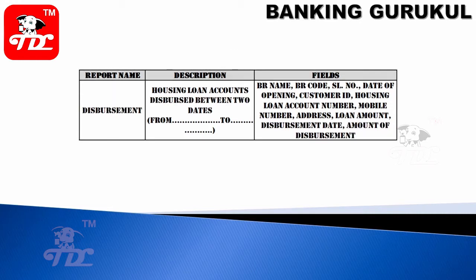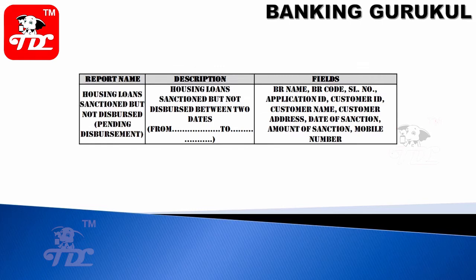Next is the disbursement amount report. Same as before, you can generate it for a bank or a branch on selected dates, with a from date and to date. The loan amount and the disbursement amount will be different, because sometimes you will have multi-tranche loans. The sanction amount will be 50 lakhs, but you will be disbursing 10 lakhs or 5 lakhs. All regular fields are available. Other than regular fields, we have the loan amount, the disbursement date, and the disbursement amount in this report.